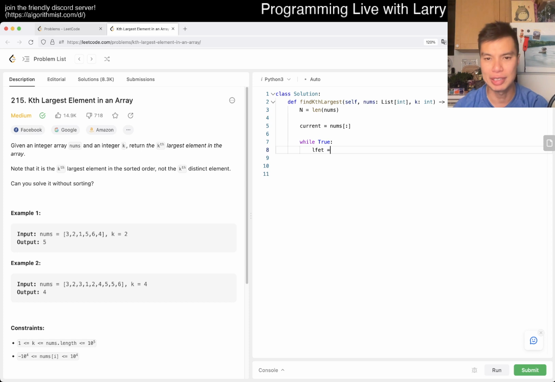And now we have a left and we have a right. And then now pivot is going to be equal to, let's just say the first element in current, right? So maybe this is while length of current is greater than 1 or something like this, right? And then now it's just for x in current,